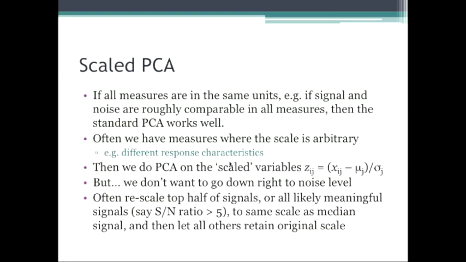Another thing to keep in mind is that if you have a variable that has more fluctuations than another variable, and you put in those raw measures, principal components analysis will automatically look to explain more of the variable that is varying the most. That may be what you want. It usually isn't. If it's not what you want, then you need to rescale the variables so that they are more or less on the same playing field. One of the things that most people do is a z-score transform. So just take